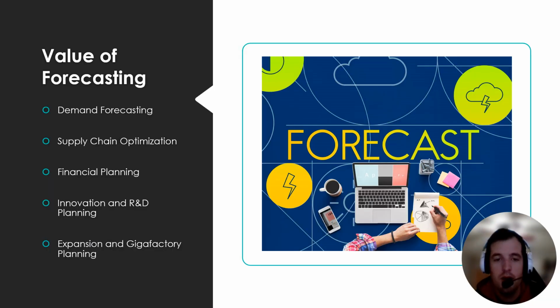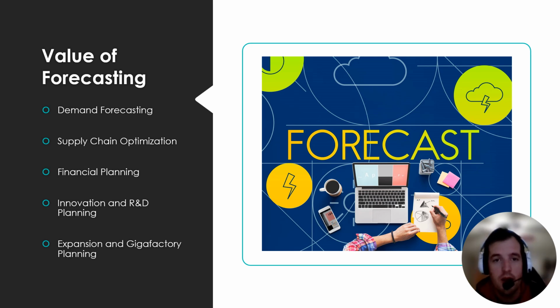Okay, moving along to value of forecasting. Forecasting can provide Tesla with a wide range of benefits by enabling the company to anticipate market trends, optimize operations, and maintain its competitive edge. By implementing a forecasting strategy, Tesla could improve its demand forecasting, supply chain optimization, financial planning, innovation and R&D planning, and